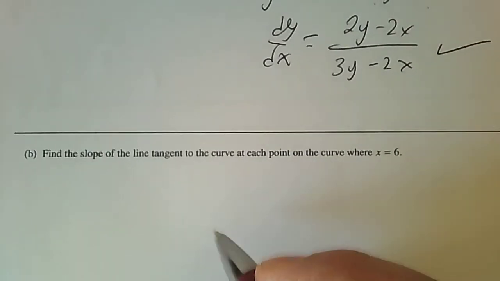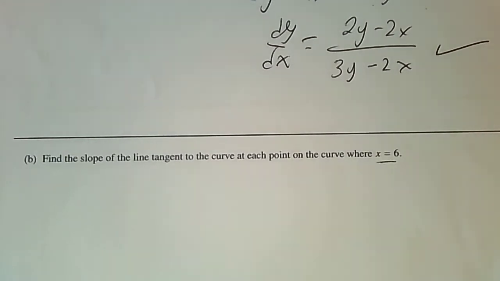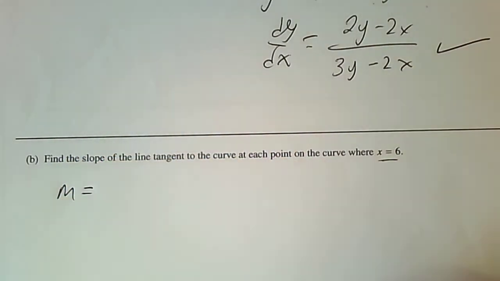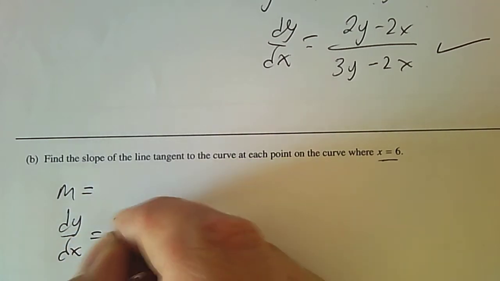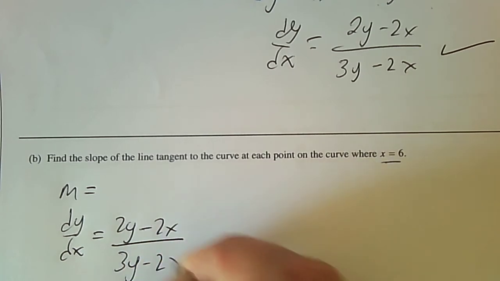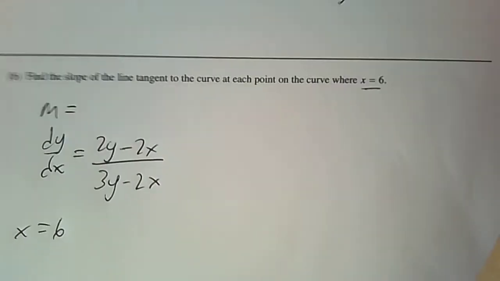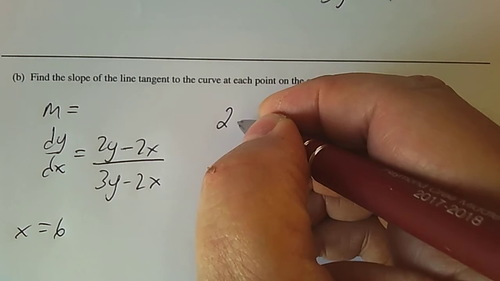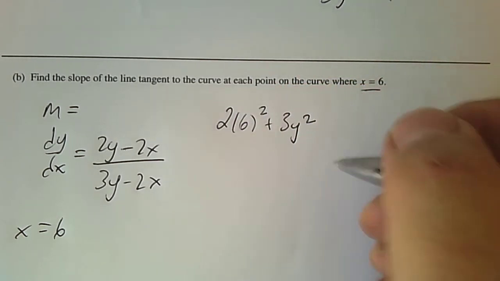Part B. Find the slope of the line tangent to the curve at each point where x equals 6. So in order to find the slope, that's our goal, that's the derivative. So the derivative is 2y minus 2x over 3y minus 2x. Now we know that x equals 6, but what we don't know is what y equals. So we need to go back to the equation at the beginning, and where there's an x,